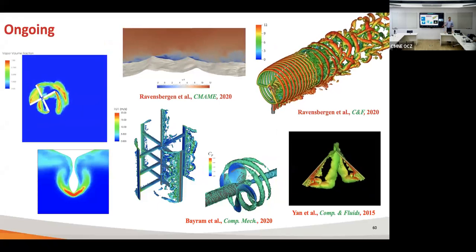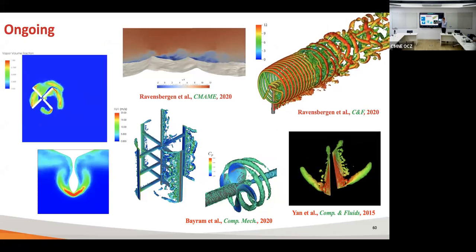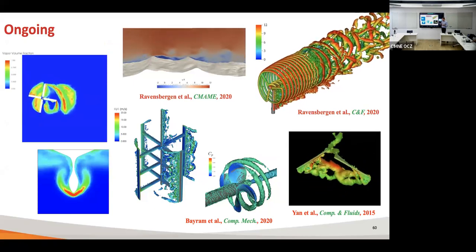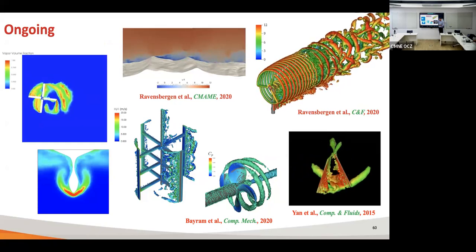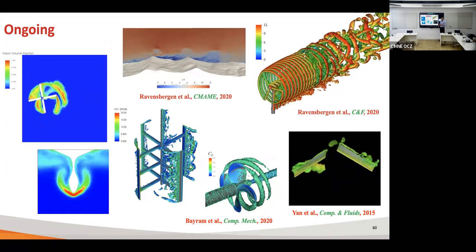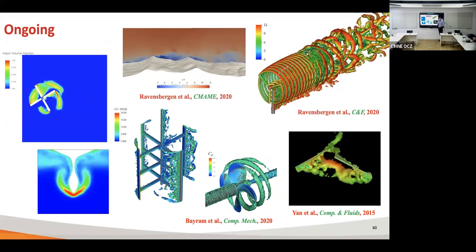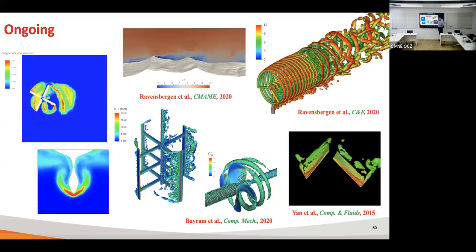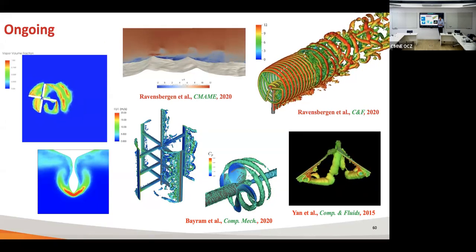Okay, on the marine engineering side, we are looking into a few things. Again, we are working with the ship propellers, with the ship hydrodynamics. We're looking into the cavitation for the vertical axis hydrokinetic turbine. We're also modeling the large scale vertical axis turbine. So this is the 250 kilowatt unit, which will be installed in the Bay of Fundy in Nova Scotia